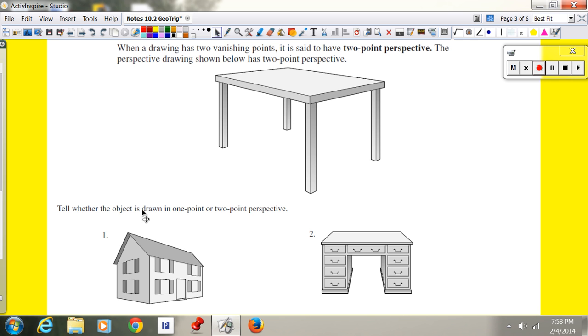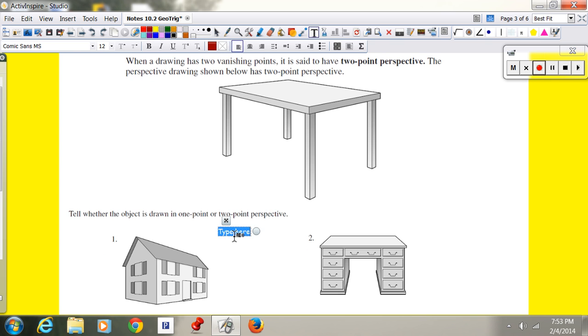So tell whether the object is drawn in 1-point or 2-point perspective. This house, write it down before me if you know, and you can pause the video if you need to, is drawn in a 2-point perspective because it's got 2 vanishing points. It vanishes to the side and it vanishes to the side. 2-point perspective. This desk has a 1-point perspective